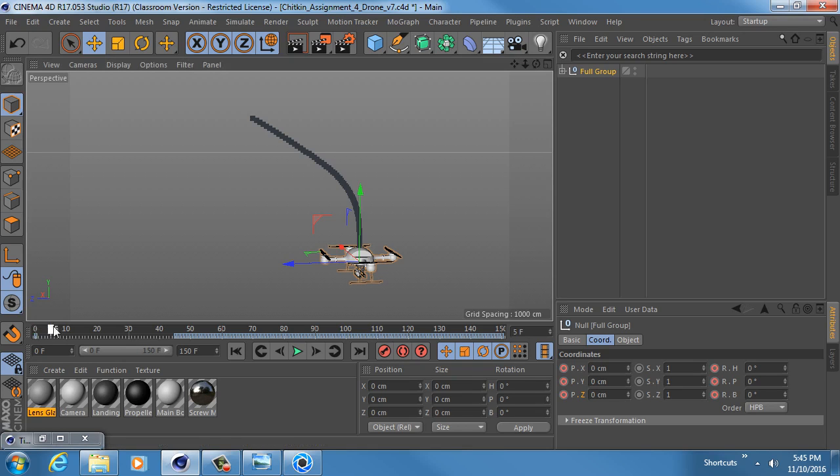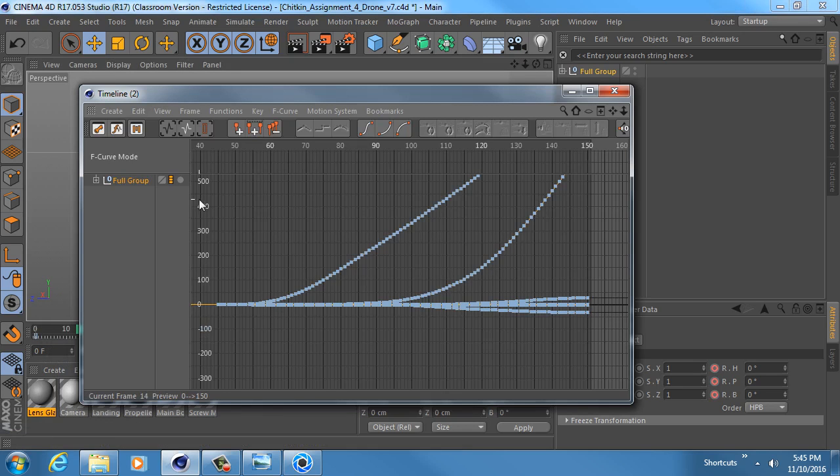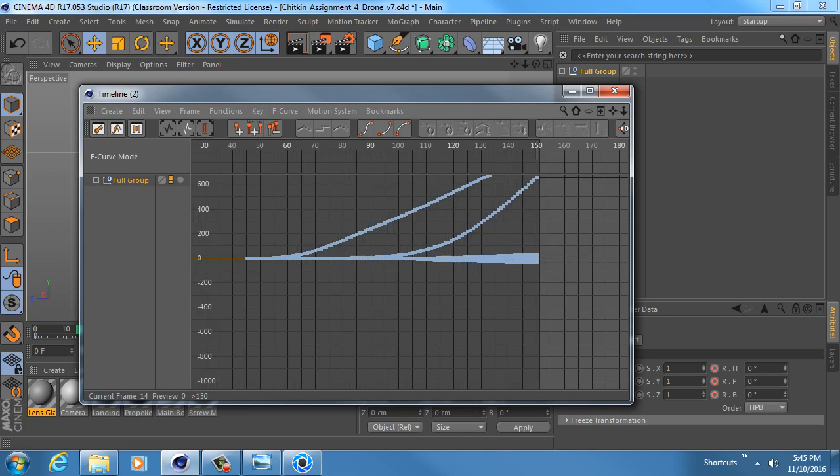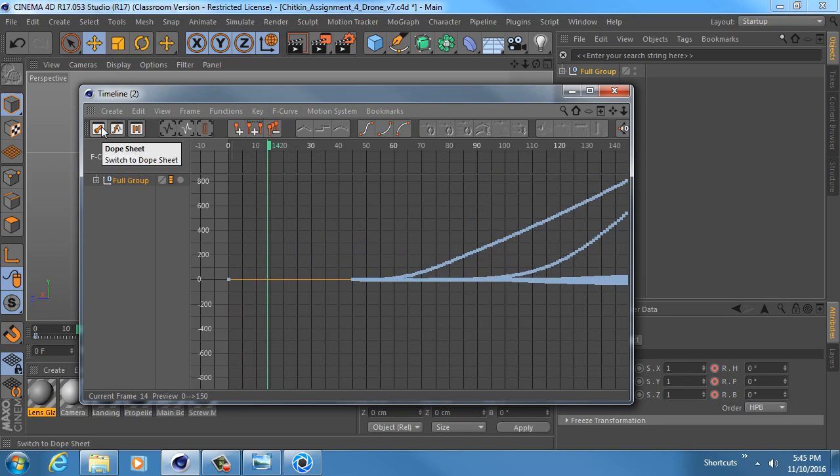And actually, what it did is it missed this beginning because there wasn't a difference. So we're still going to want to open up this timeline. Right now the button we're in is the second button up here, which is called F curve mode. We want to jump over to the dope sheet,